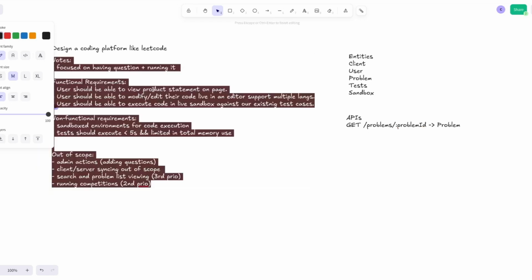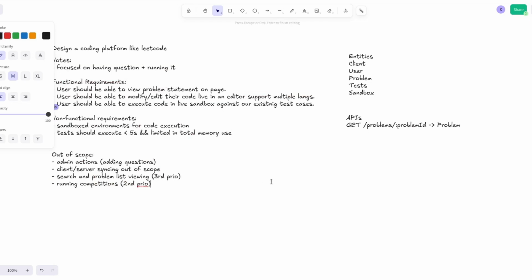Here is a product statement. Yeah, a lot of the stuff is because we don't really have any client-server syncing. There is no real API for the editing part, right? It's more of just post, problems,